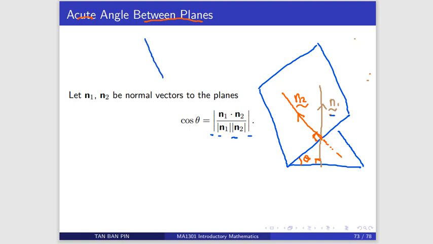If the two planes make an angle of more than 90 degrees, then you just take the other side, because you take a plane to be infinite in dimension. If you extend the plane, then this angle will be an obtuse angle. So we consider the acute angle between two planes, and I have marked theta here. That will be the angle between the two planes.